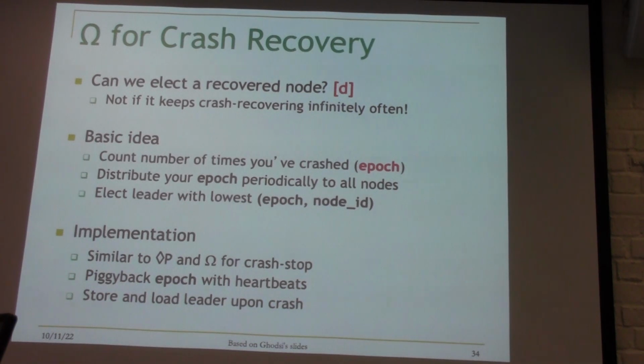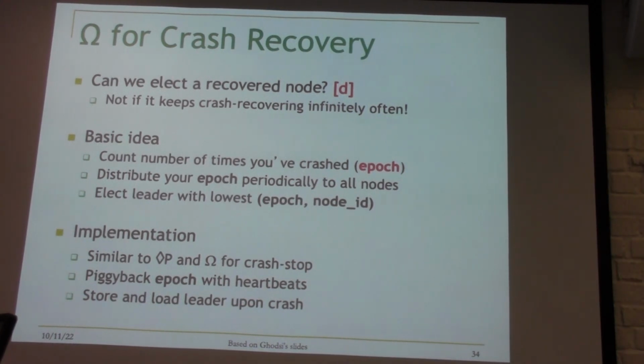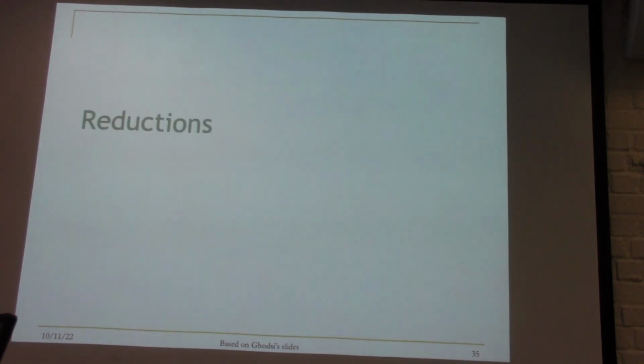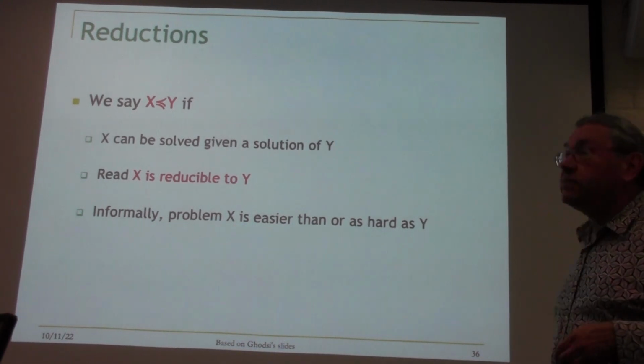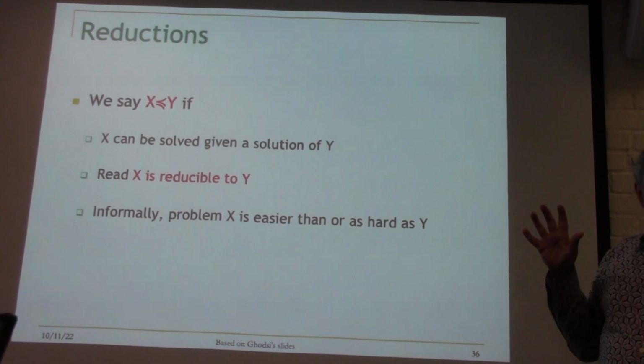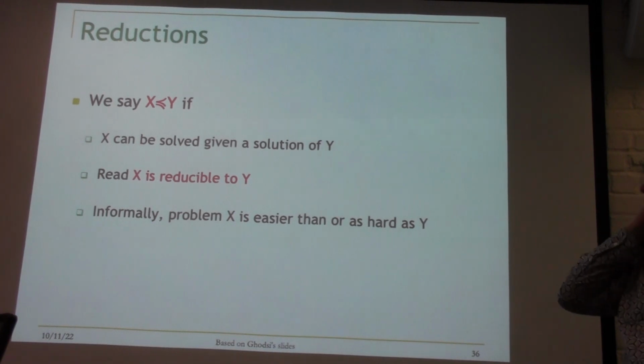Okay. Now, let me do one more thing today, which is a little bit more mathematical, because we're going to be looking at things that are possible and things that are impossible. And sometimes small changes will change that. And that's why it's important that we can compare problems. And this is a concept called reductions, problem reductions. This is a general mathematical concept that is known in many areas, but we're going to apply it to distributed algorithms.